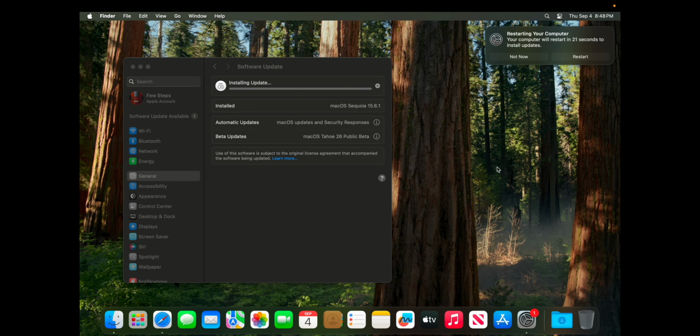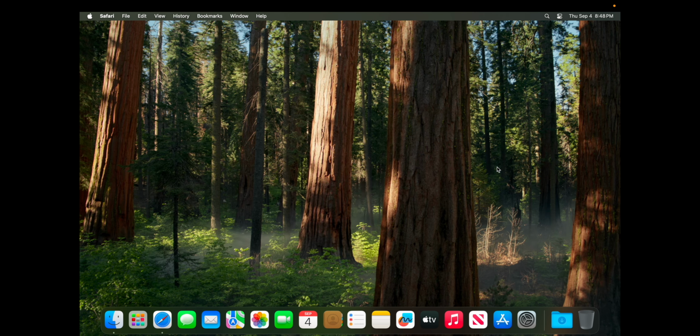Once your Mac has downloaded all the necessary files or the installer and it's ready, you will see this type of restart button, and very shortly your Mac will restart. You don't need to do anything, it will do everything automatically for you. We have to wait till it finishes successfully. Here you will see the dark screen with the Apple logo and a progress bar. It will do everything, you don't need to do anything, and once the setup or the installation is successful,